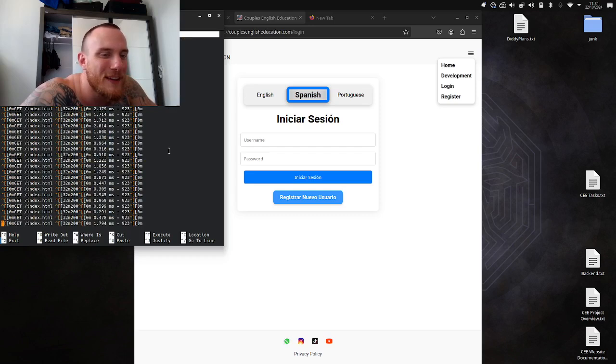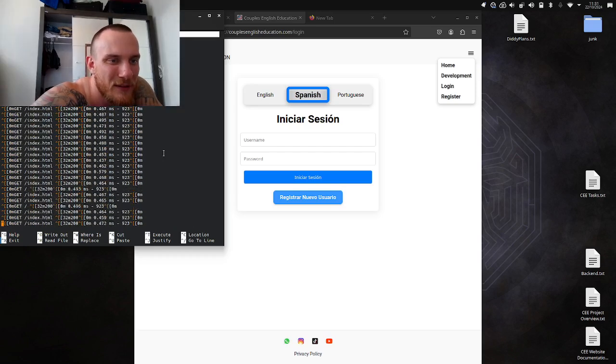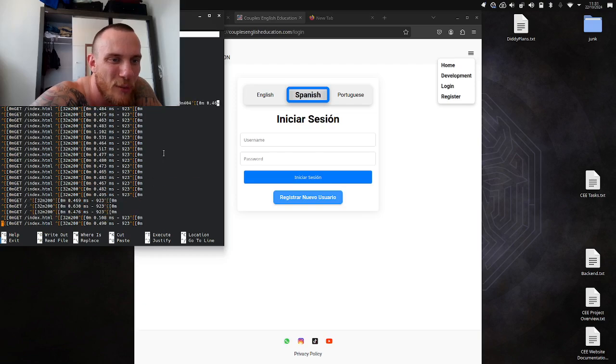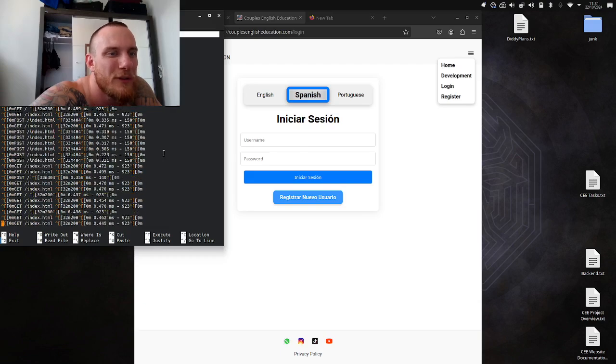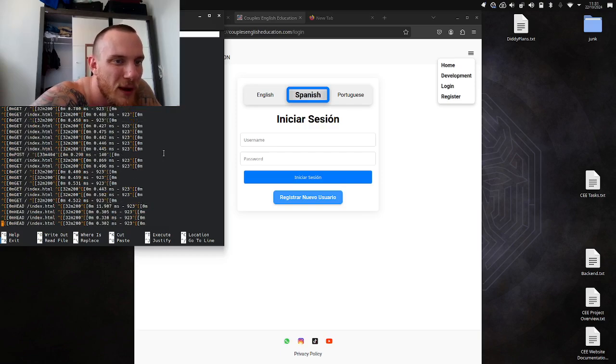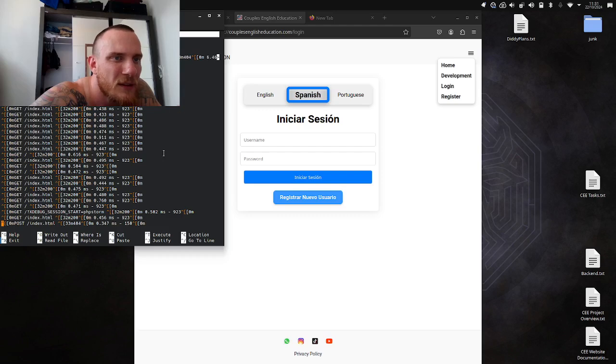I am getting such a kick out of this. I guess this is what every sysadmin has to deal with every day. This can't be unusual. This has to be just normal everyday traffic for every website. I would be surprised if two or three of these people are real people and the rest of them are just scripts that are scrubbing through everything they can find.